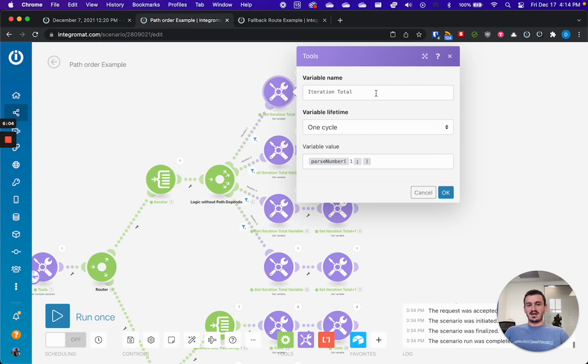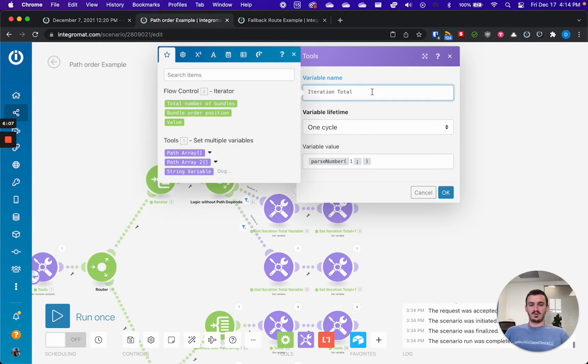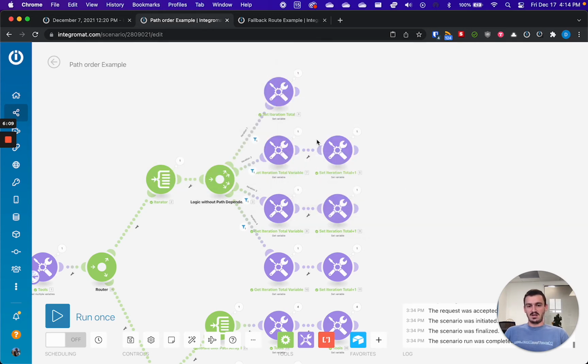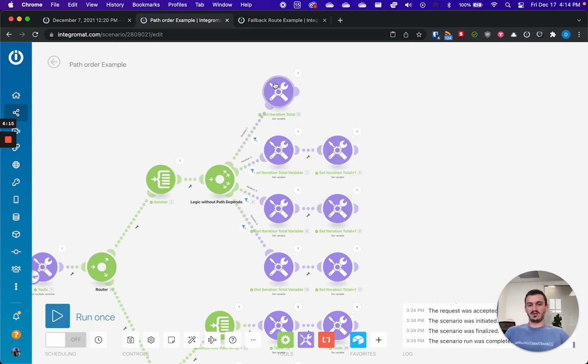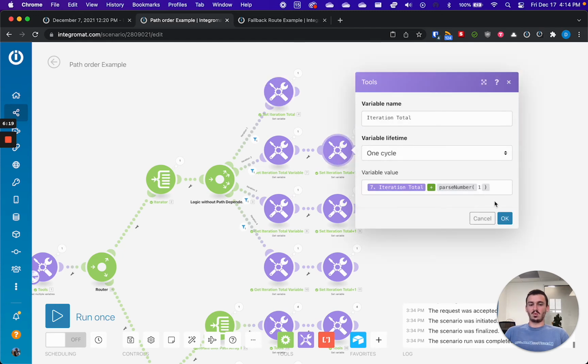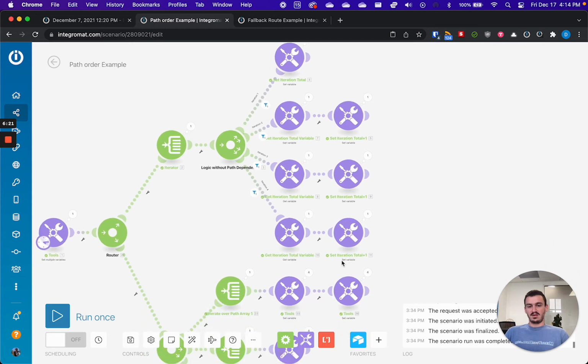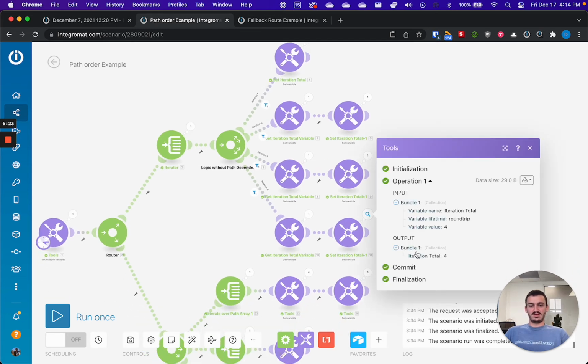The top branch has us setting a variable name called iteration total. And then all we're doing in these following branches is we're getting that variable. So you get the variable that was set from the branch above it, and then we're just adding 1 to it. And when we run this, what we can see is that